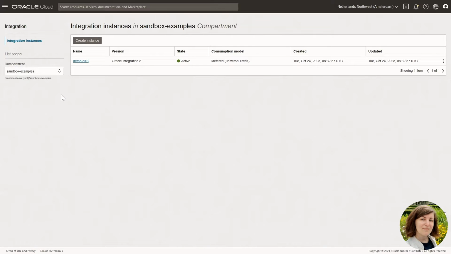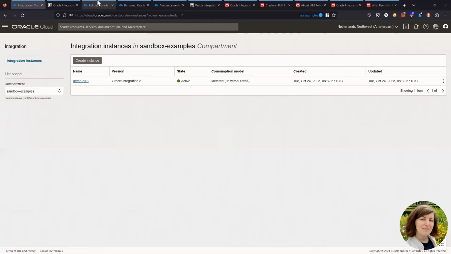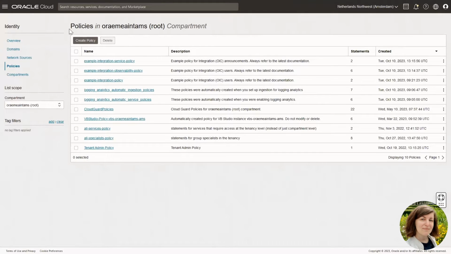Let's discuss now user access, how to enable users to create, manage, and access OIC instances. In Oracle Cloud, access is managed with policies. And in case of OIC, access is also controlled with application roles at domain level. Let's start with policies. Policies control access for users in a domain group to work with cloud resources within a specified compartment or tenant.